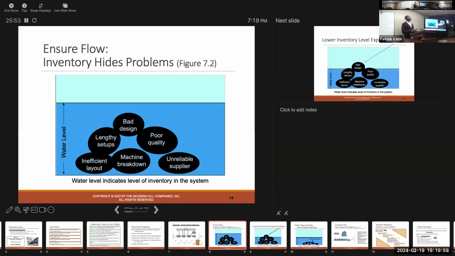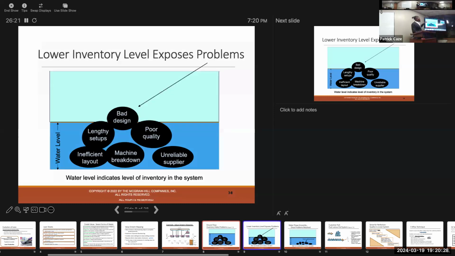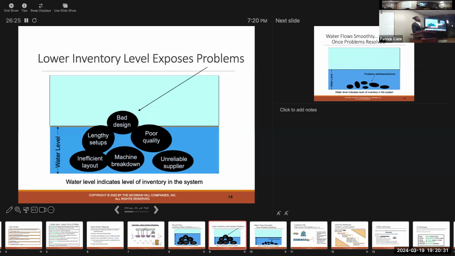And you put it to the side, and you go back, you pull another piece of equipment or product, whatever it is. That one's fine, but you just wasted time, first thing. Secondly, now you have a piece of equipment that you can't sell, that you have to send back through the process to get fixed, if it can be fixed. So you want to keep your inventory as low as possible, or the water level as low as they say. The more inventory you have, the easier it is to hide these problems. Low inventory exposes the problem, because if I have a low inventory, I already have a few things in my inventory to look at. I can identify